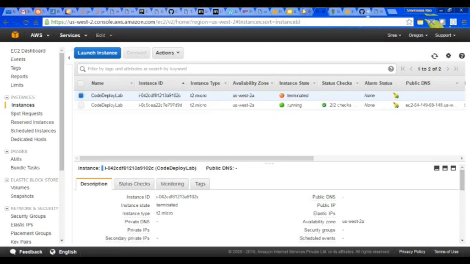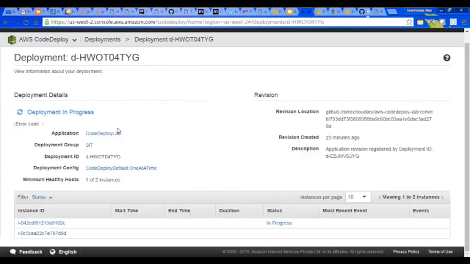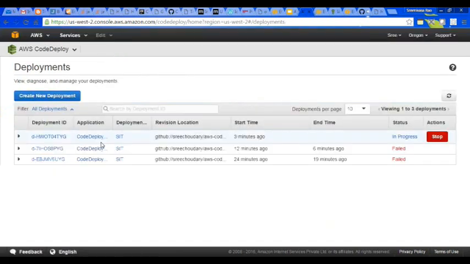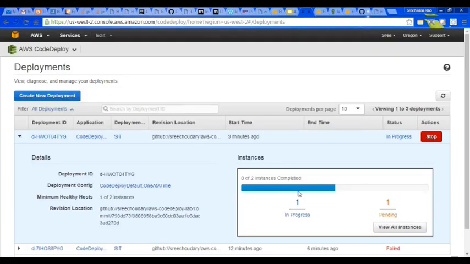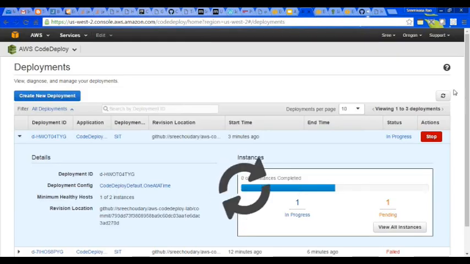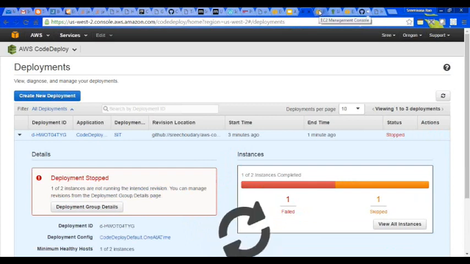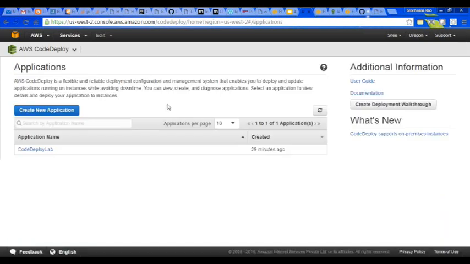Okay, I hope this time also it will fail definitely, so we can cancel it also. Let me stop here, stop now. So it is stopping the process, deployment stop. Okay, now let me go to applications,